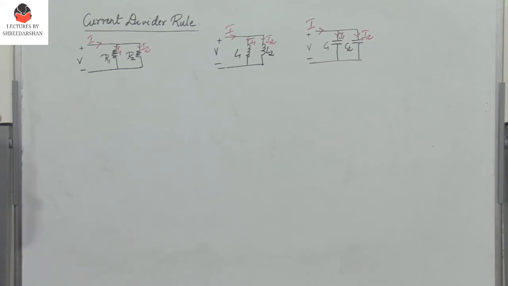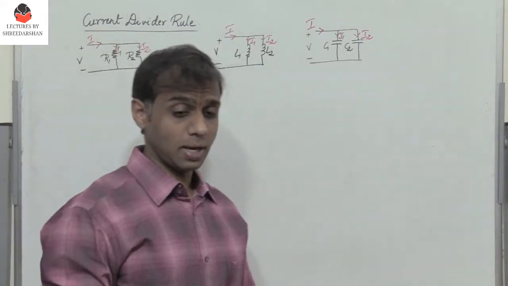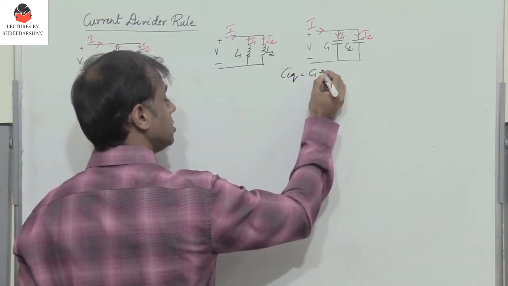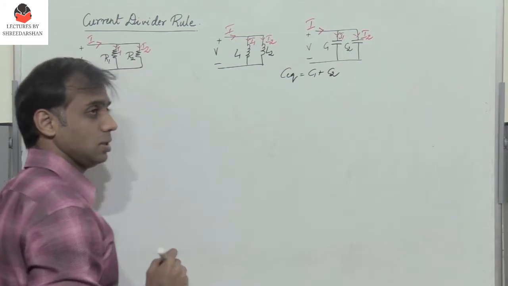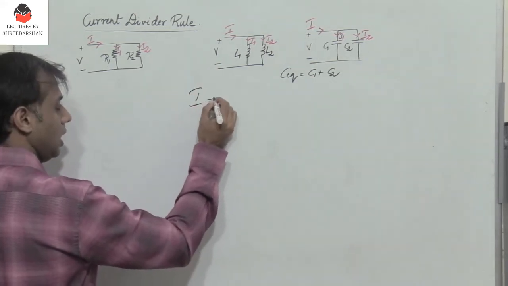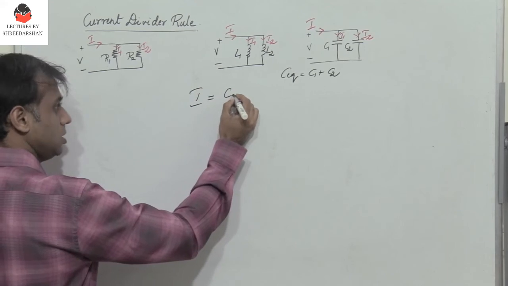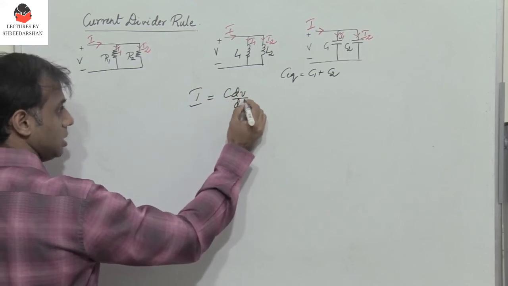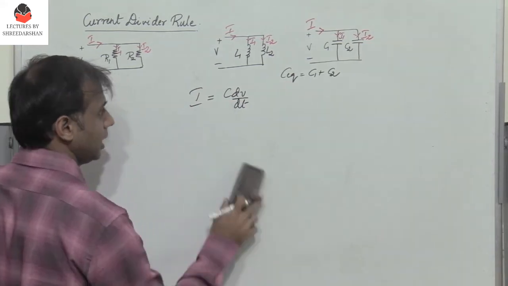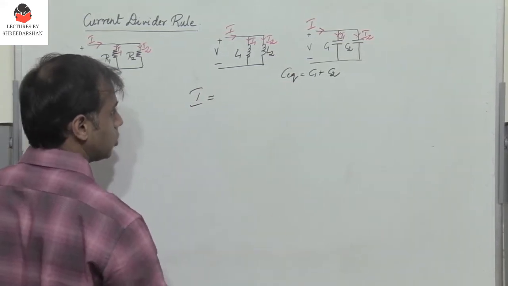When I have two capacitors connected in parallel, the equivalent capacitance is nothing but the sum of the two capacitors C1 and C2. So C equivalent is C1 plus C2. Alright. Now what is the current? I is equal to C dV by dt. So when I talk about the equivalent capacitance, the total current I is nothing but C equivalent